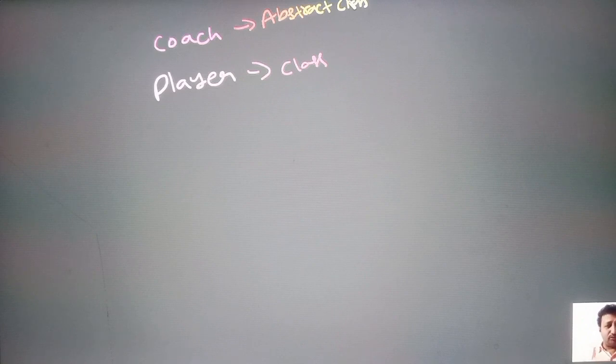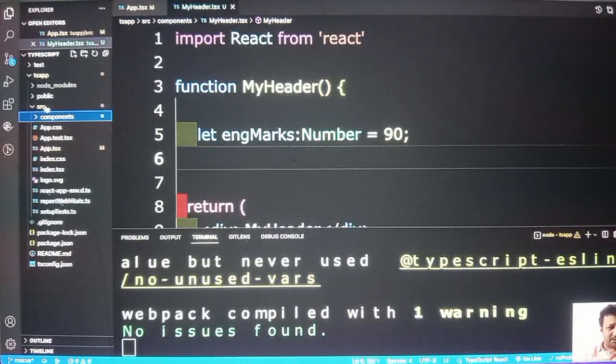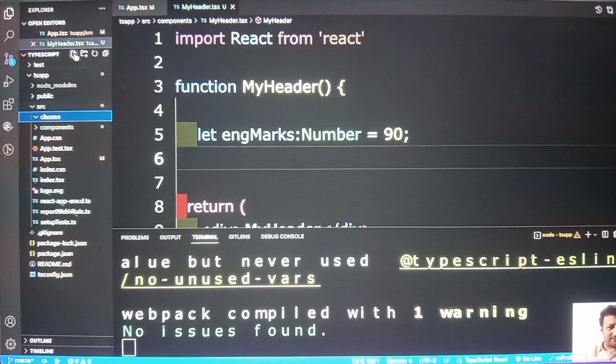Just to show you an example, now what I will do, I am creating a folder called classes, and I wanted to create a class using TypeScript. Now see,